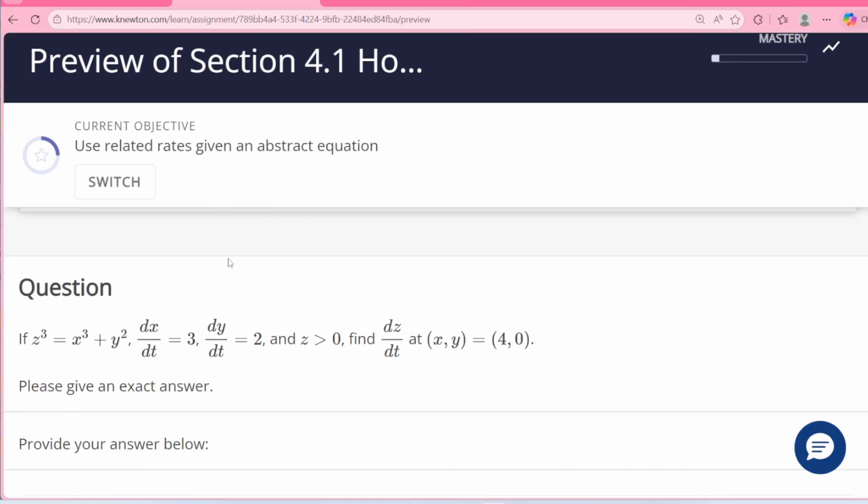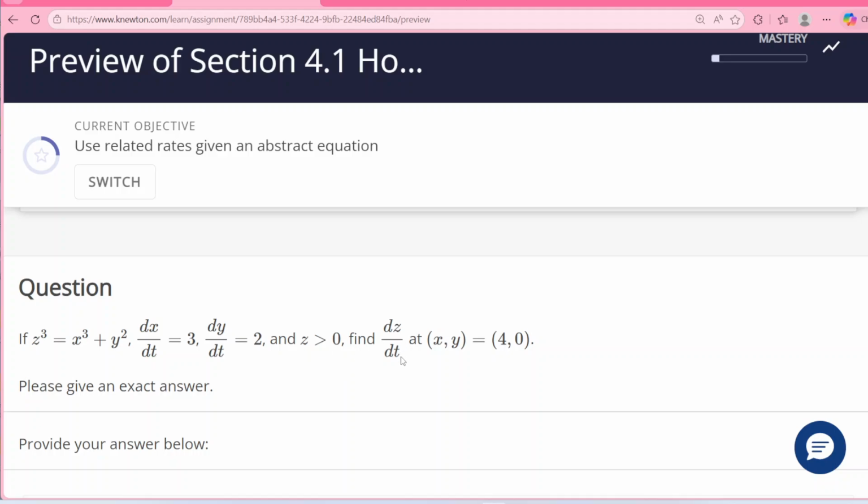All right, so another one very, very similar to the last one. Just some different powers here, right? So it's z cubed equals x cubed plus y squared, if that's how x, y, and z are related. And say x and y and z are all functions of this t variable. At the moment where x prime is 3 and y prime, or dy over dt, is 2, and make sure z is a positive value again,